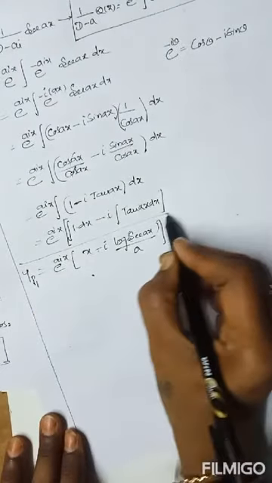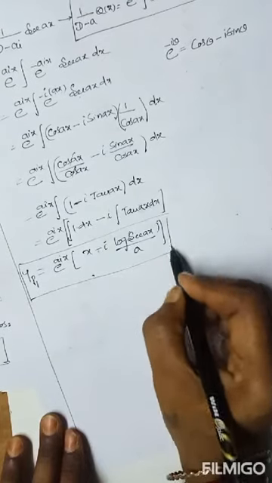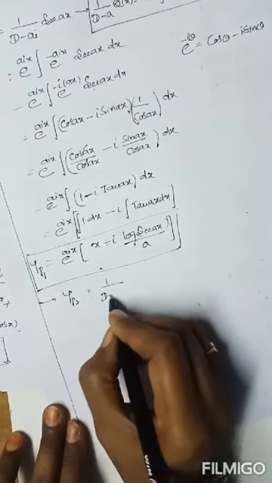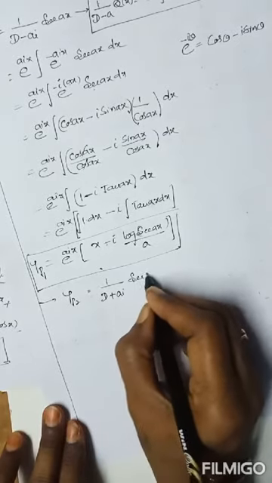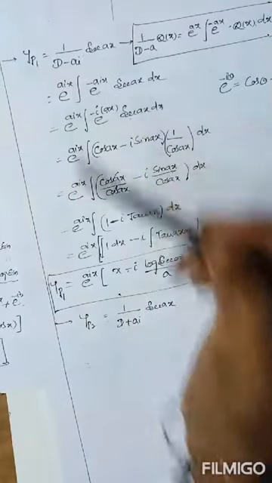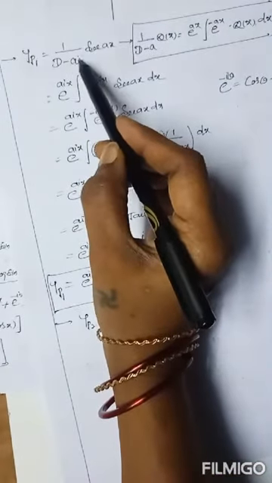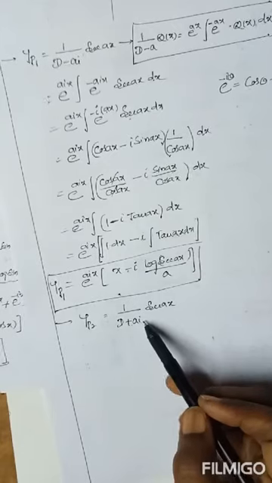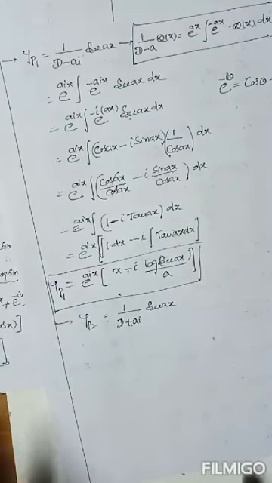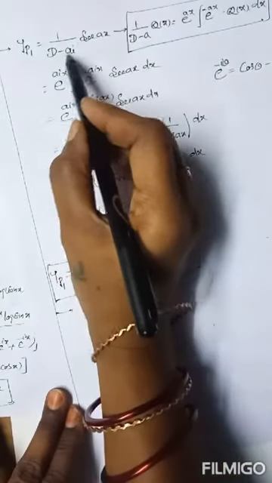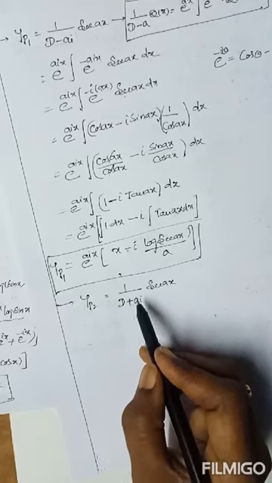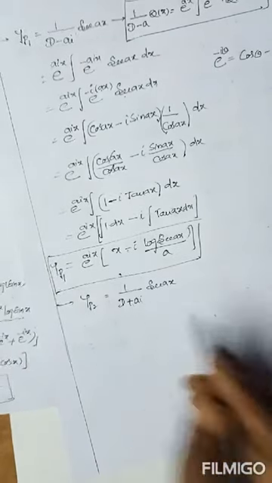Here yp1. After that yp2. Yp2 is 1 by d plus ai secant ax. Now you observe here yp1 and yp2 are the same as each other, but in place of i only, here minus i, here plus i. So put i equals to minus i in the above result without calculation. Just here minus ai, here plus ai. So just instead of ai, write minus ai only.